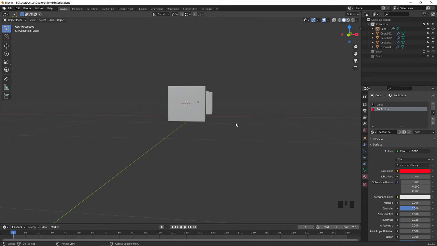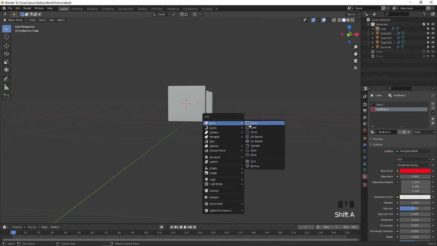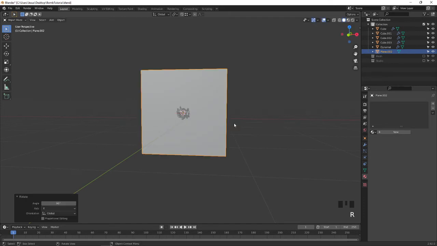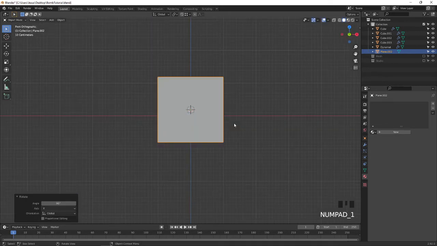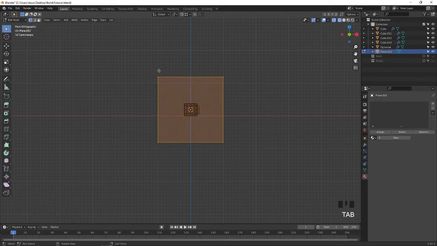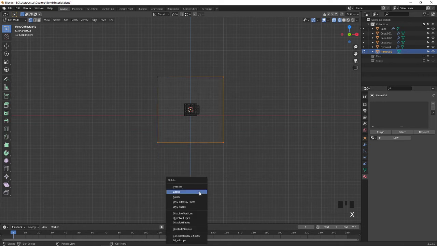Okay, press Shift A and create a plane, rotate X 90, press 3 on the keyboard, Shift Z to go to the wire vertex selection, go to edit mode. Before that let me apply the scale, press Ctrl A and apply the scale, go to edit mode and select these vertices, X to delete the vertices.